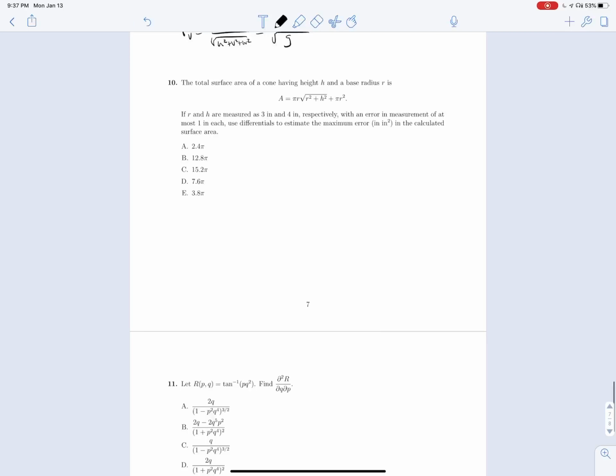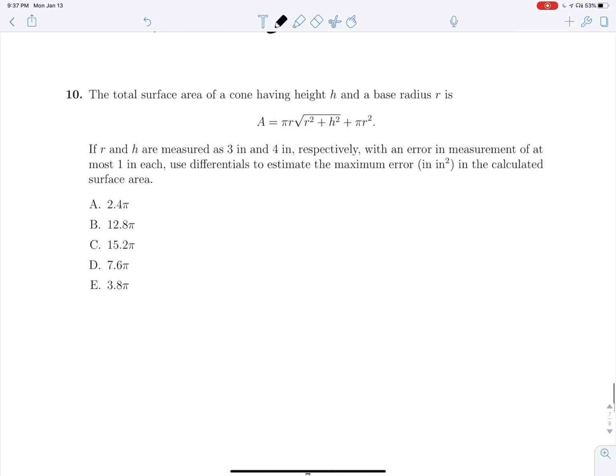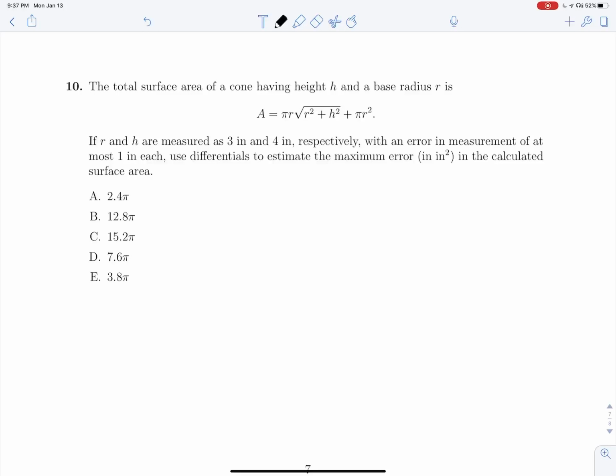Awesome. Okay. The total surface area of a cone having height h and base radius r is all this stuff. R and h are measured to be 3 and 4 inches respectively, but those measurements could be off by 1 inch each in either direction. So this is one of these questions that if you feel so inclined, you can do absolutely zero calculus and just get through all of the